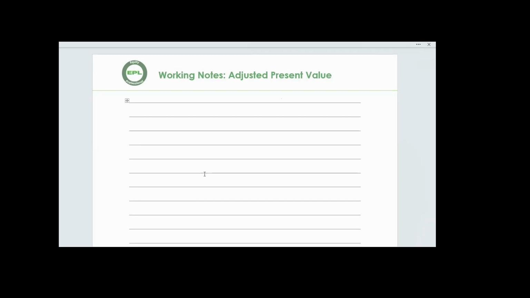APV is a technique designed principally to evaluate a project where financial risk or debt equity proportion of a company are expected to change as a result of undertaking a project. Okay, I repeat, adjusted present value, APV. I won't write too much so that we can cover the relevant concept today. So adjusted present value is a technique,